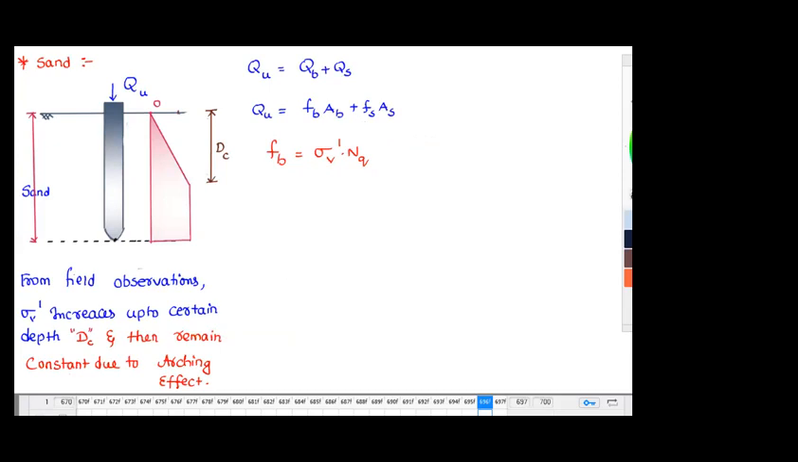What is sigma V dash? The sigma V dash is nothing but vertical stress. Yes. So it is going to vary linearly. Now, if there is a water table, then sigma V dash, what is the value over here? Gamma dash into DC. Yes or no? And here also it is going to be gamma dash into DC. Okay. So sigma V dash is equals to